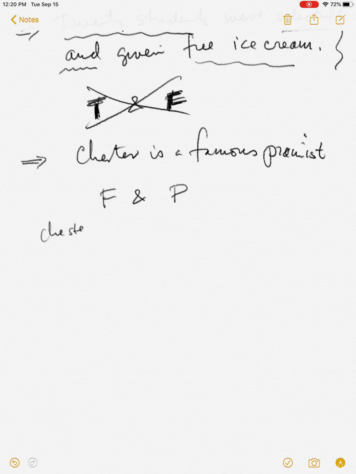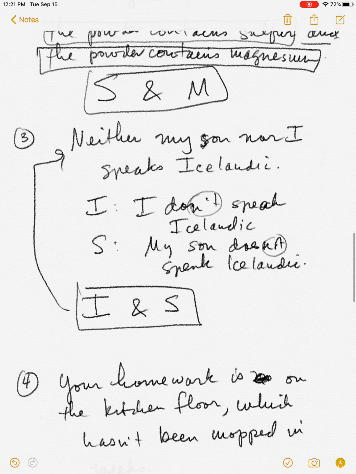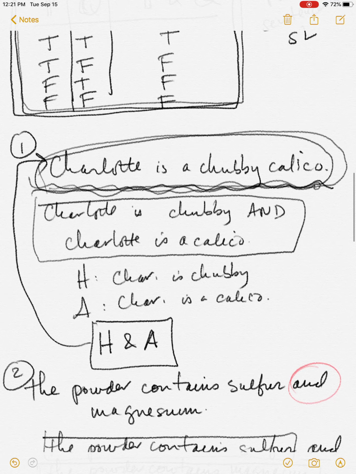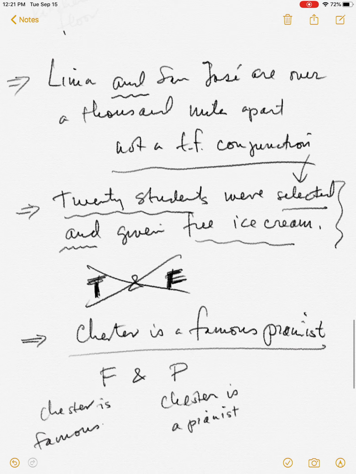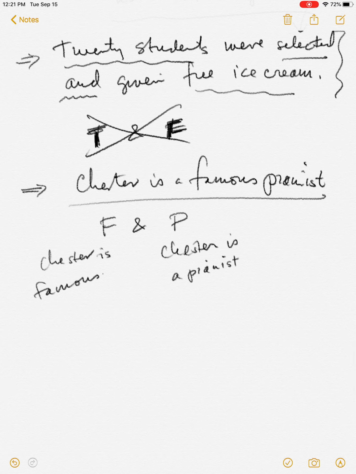Let me just write down: F could stand for "Chester is famous," and P stands for "Chester is a pianist." So now we're looking at what happens if we analyze this sentence, which has exactly the same grammatical structure as "Charlotte is a chubby calico," in the same way. We end up with "Chester is famous and Chester is a pianist." But that doesn't get at what's going on in the sentence, because this could be true if Chester's famous